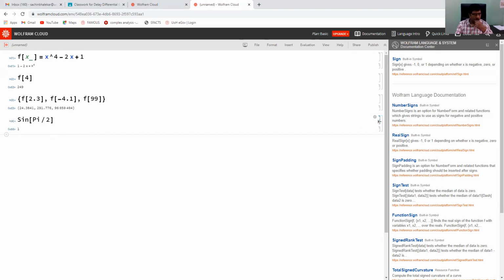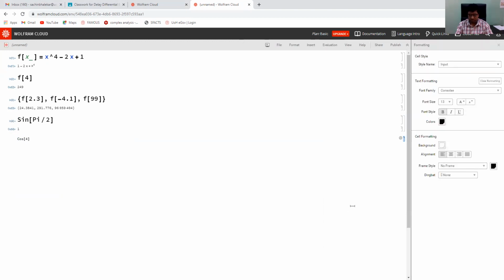Now let us see cos 4 and run. The answer is cos 4. So is it impossible for Mathematica to compute cos of 4?